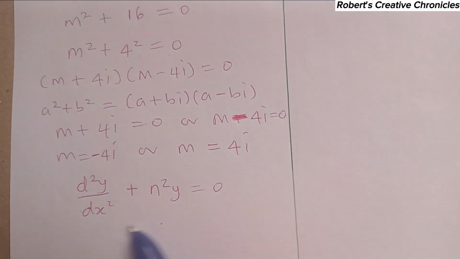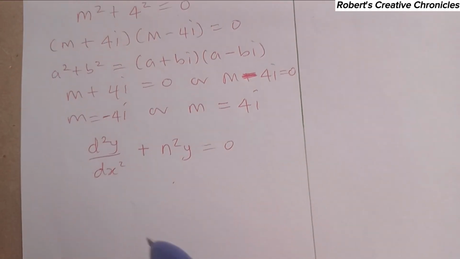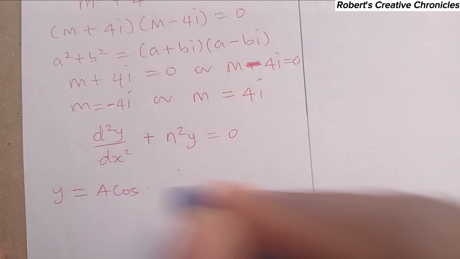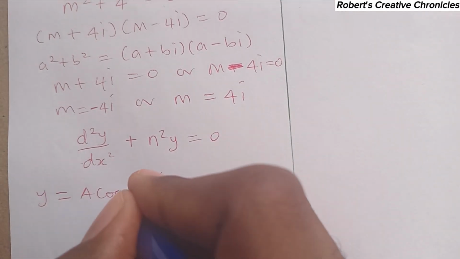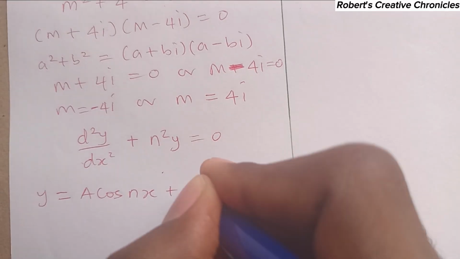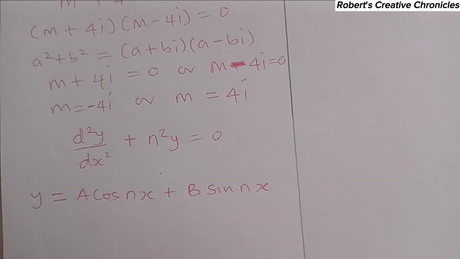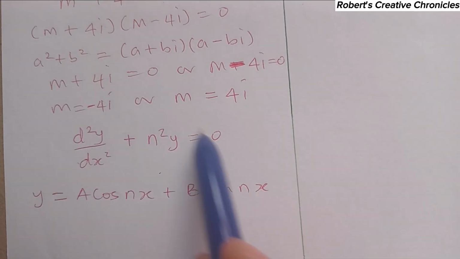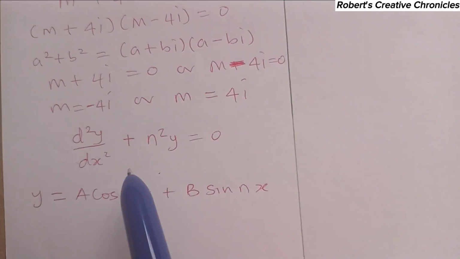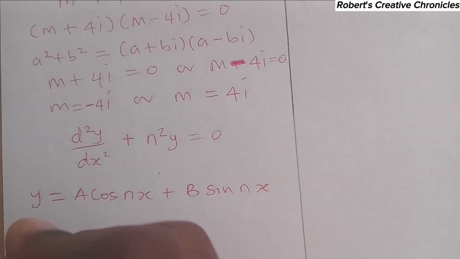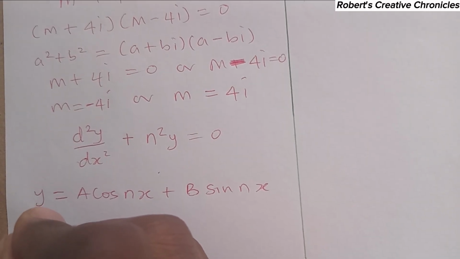And it is stated that when an equation is of this form, the general solution will be y is equal to what? A cos nx plus b sin nx. This is the general solution for any equation of this form. So, and this is in this form. So therefore, our general solution for this one will